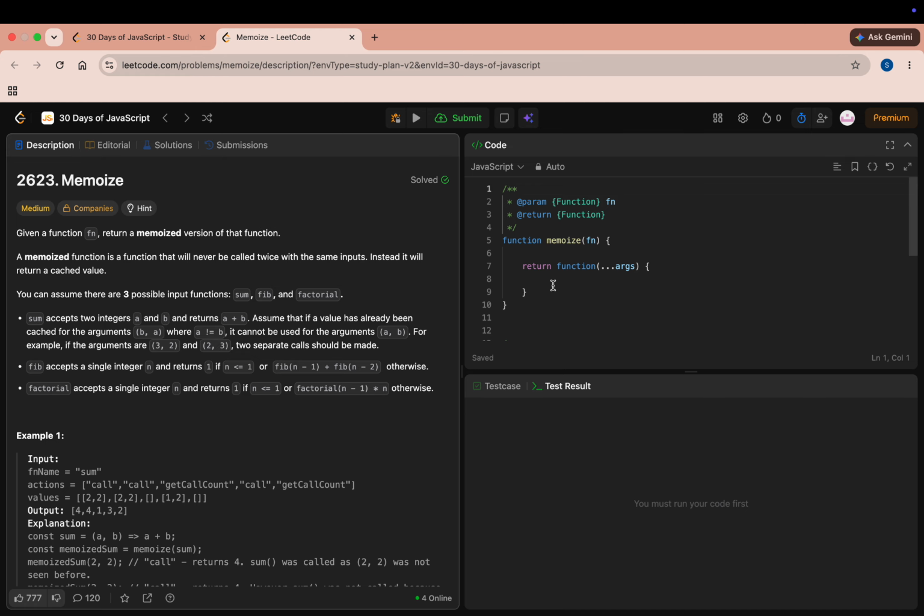So in order to create a memoize function, we need something which would memoize the value. So let's name it a cache, and it will be an object. We will get the cache key from here. We will be doing JSON.stringify for this. For all the arguments, we'll just stringify them,